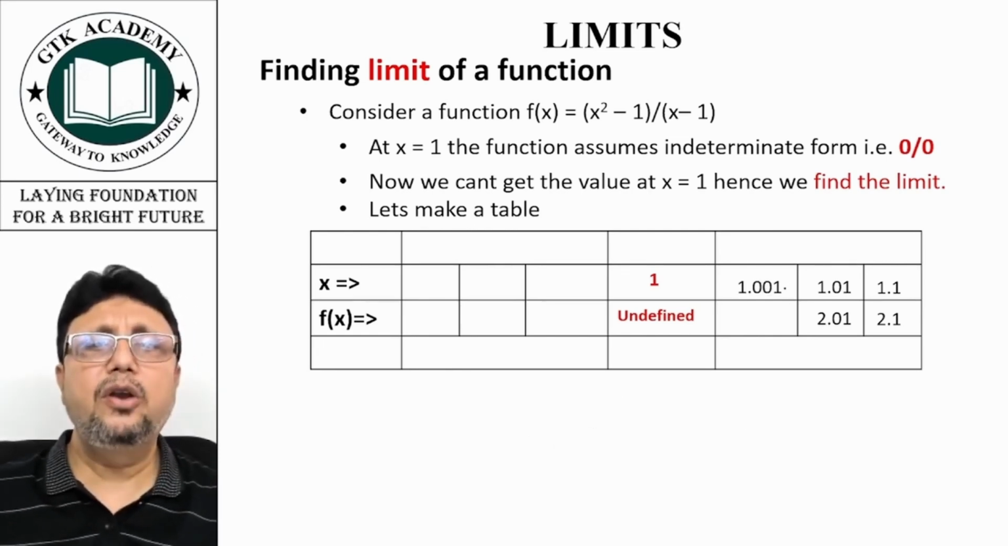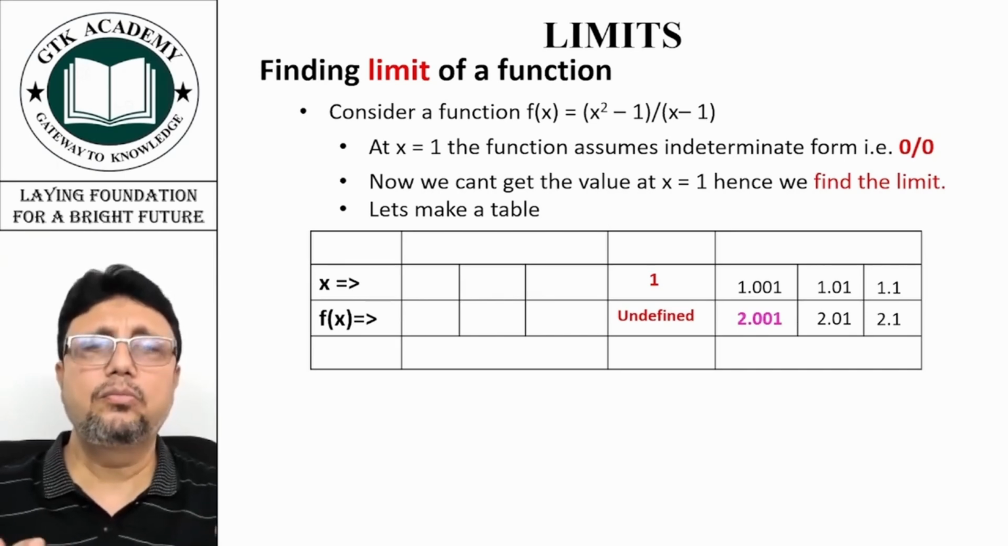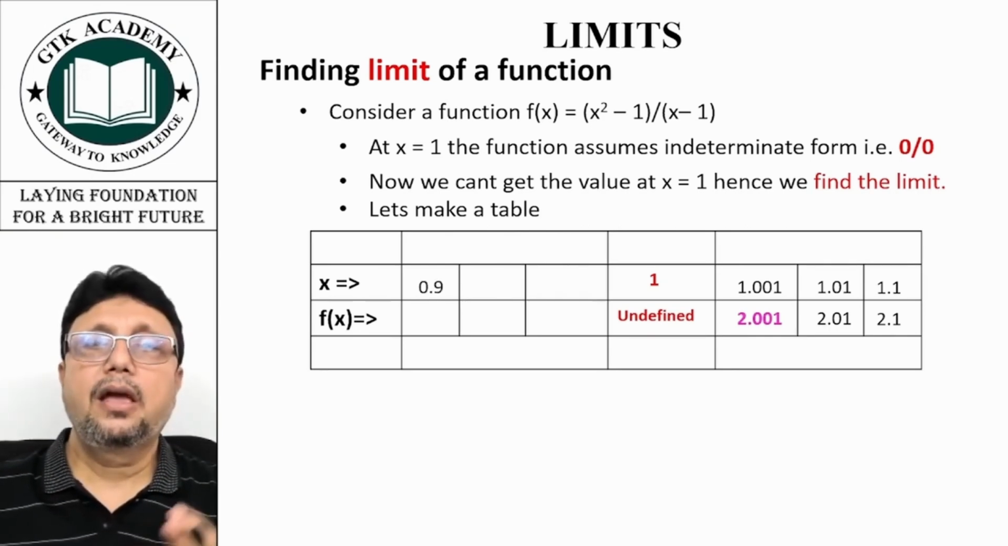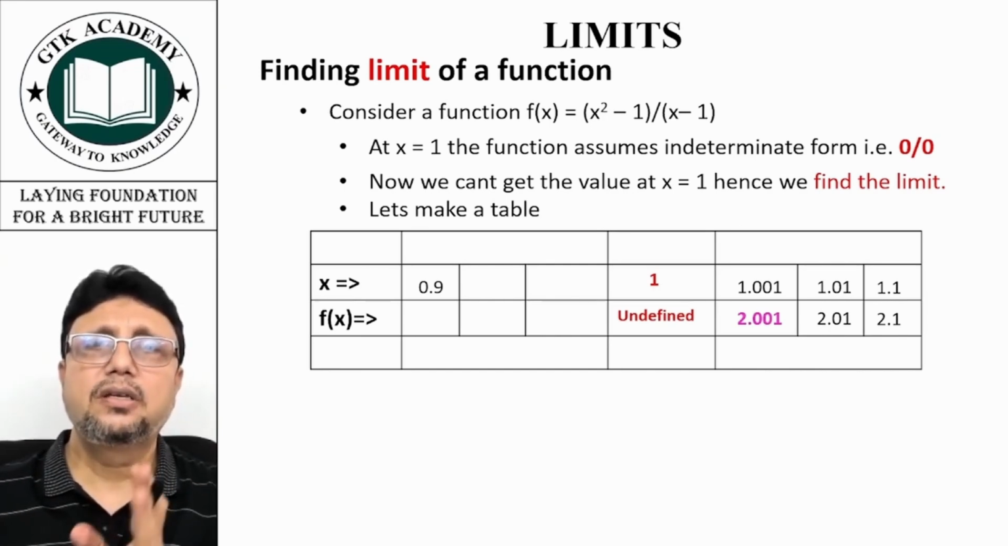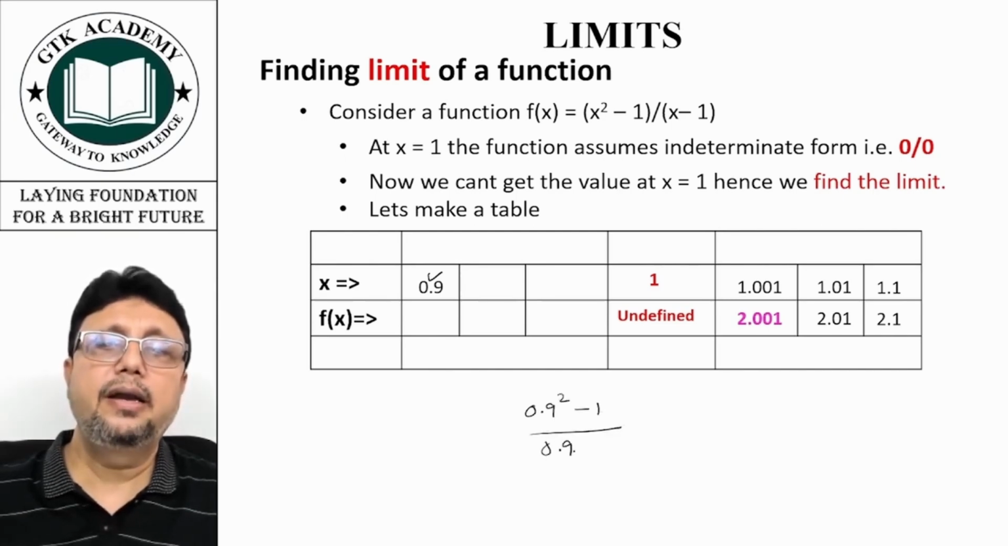Now if you just put the value of 1.001, you will see that you get the value 2.001. I have only depicted 3 cases. There can be many cases, right? So now we move towards left. What is left? Something less than 1, which is 0.9. Just put the value of x as 0.9, 0.9 square minus 1 upon 0.9